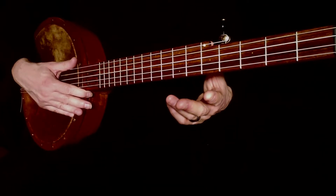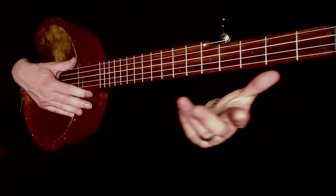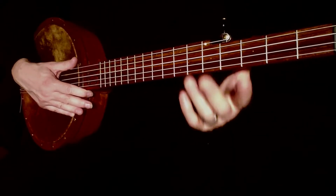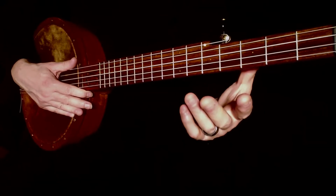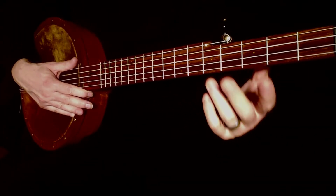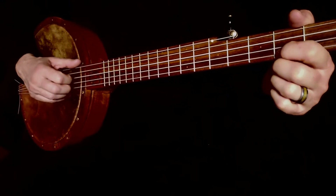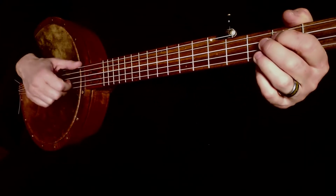And what I want you to do now is try to play through the tune, and actually what I want you to do is work through the tune several times with the double thumb only. But then I want you to go back and try to switch between triple thumbing, double thumbing, or even bum diddy and see what you can come up with. So just as an example,